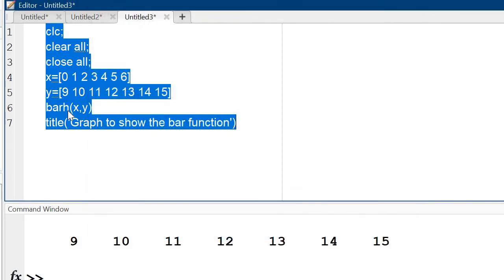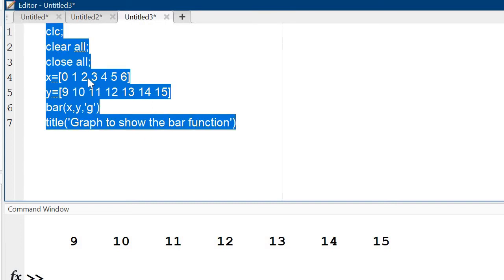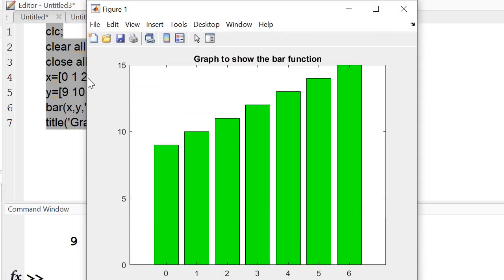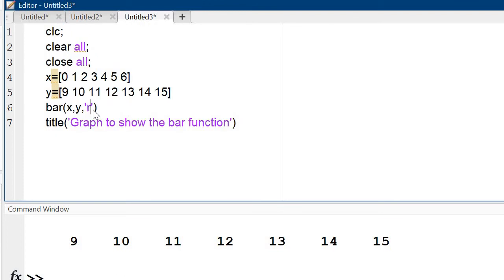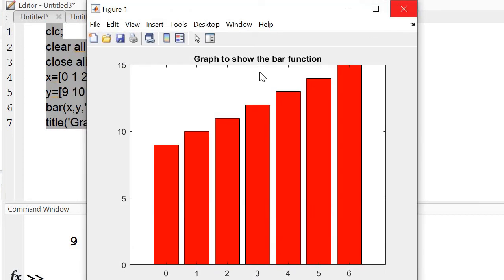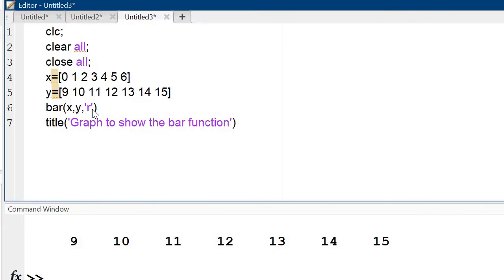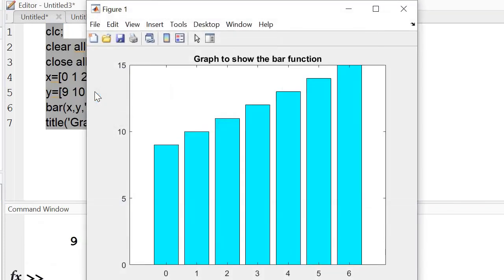Next, if I want to change the color, then use this one, with a single inverted comma. Okay, and if you want to change the color again to red, then use R. For cyan, that is C. Okay, fine.